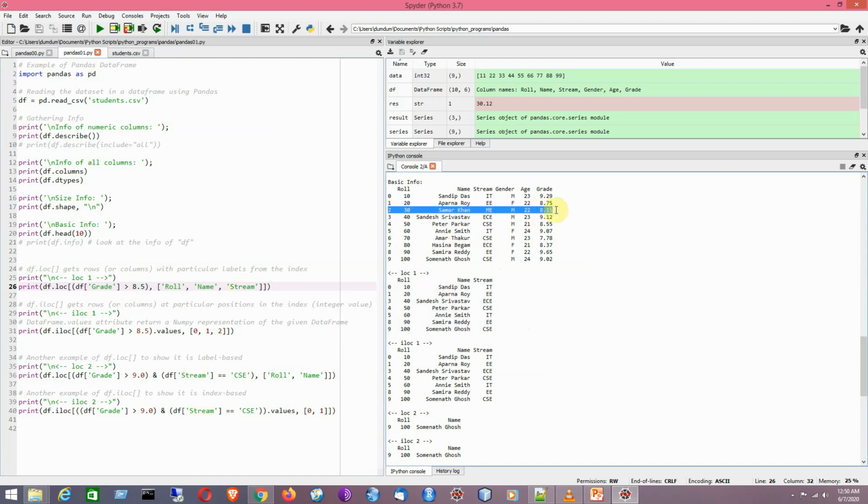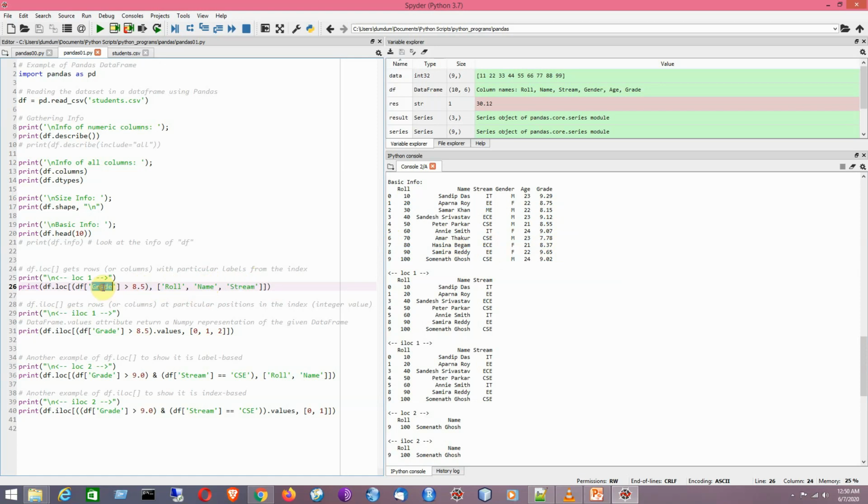This record will not be selected, that is 2, 6 and 7. These 3 records will not be selected because they do not satisfy the condition, and we are selecting the columns roll, name and stream.